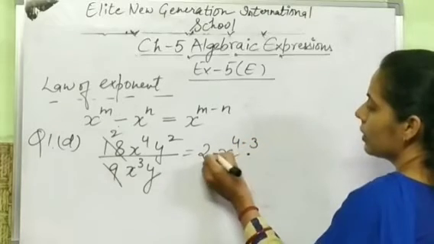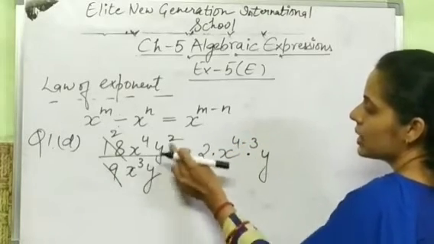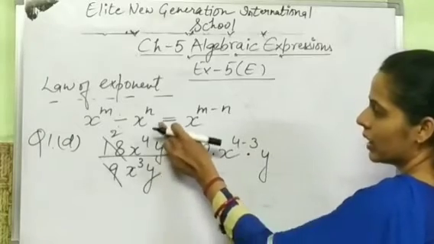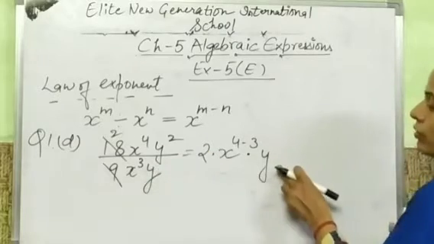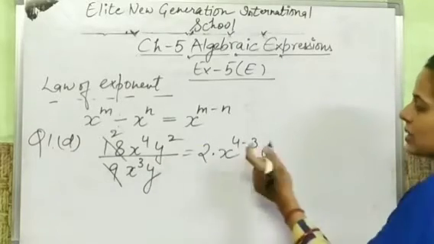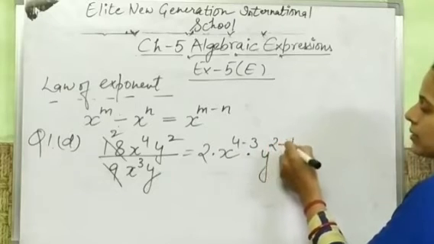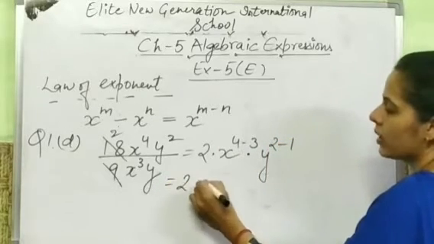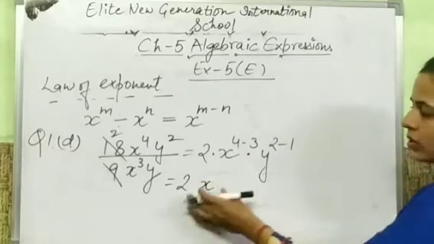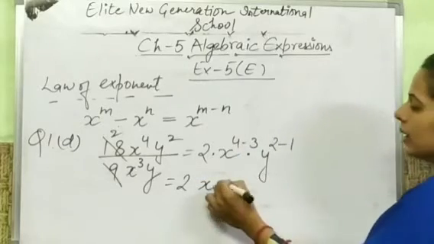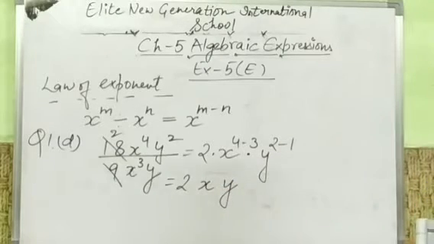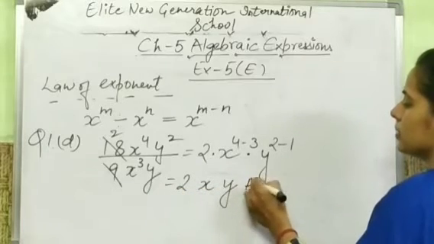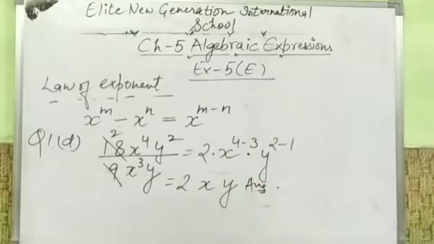Similarly, in case of y you can see power 2 here and power 1 here, and we can also apply this law of exponent. Keep the y variable the same and subtract the power, 2 minus 1. So now we get x to the power 1, which we just write as x, and 2 minus 1 is 1, so y. The answer is 2xy. This is how you can easily solve all other questions. But let's take one more.